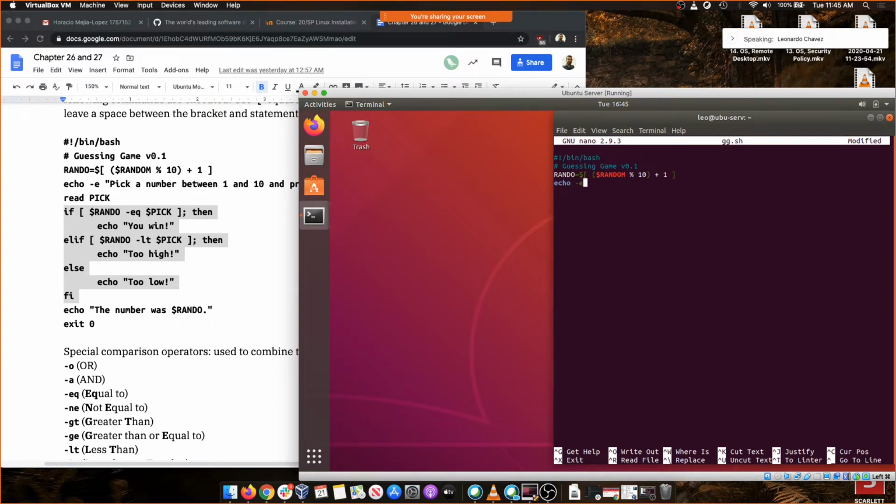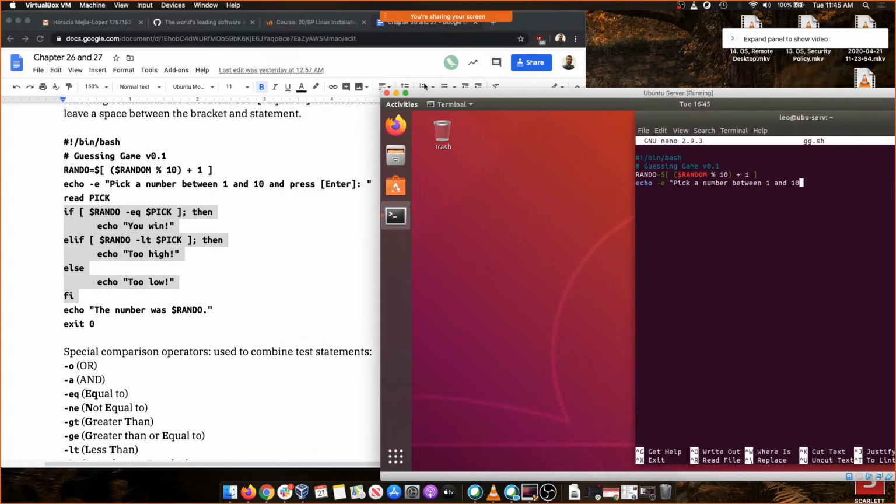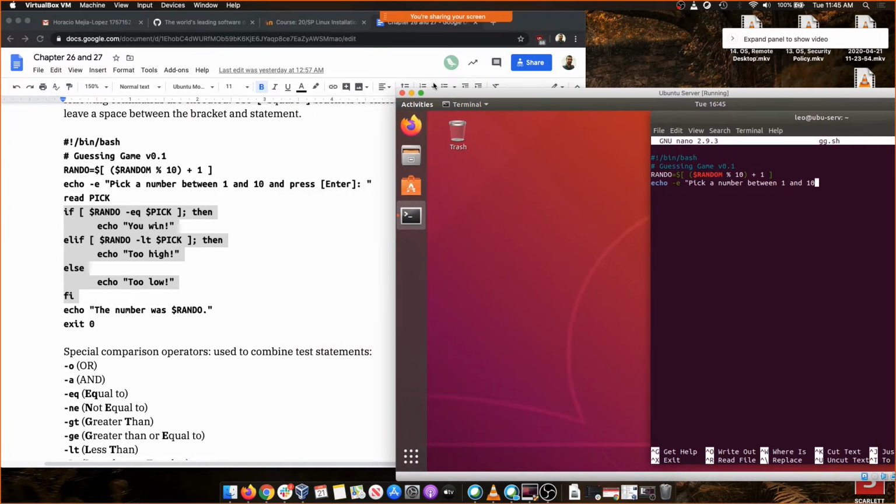I don't need you to know math, but this particular concept bears some repeating. Enter. There we go. Read pick if rando